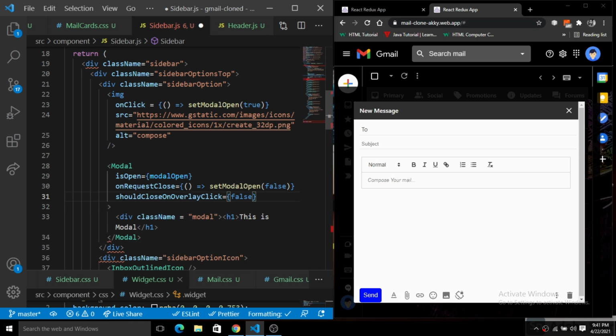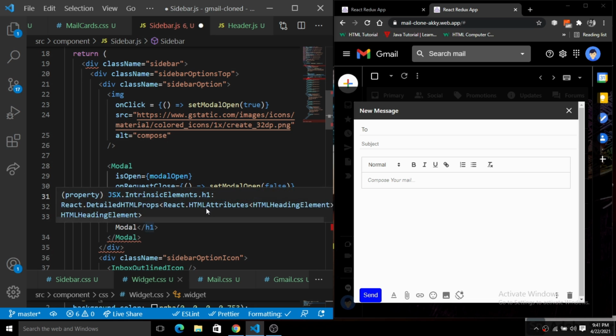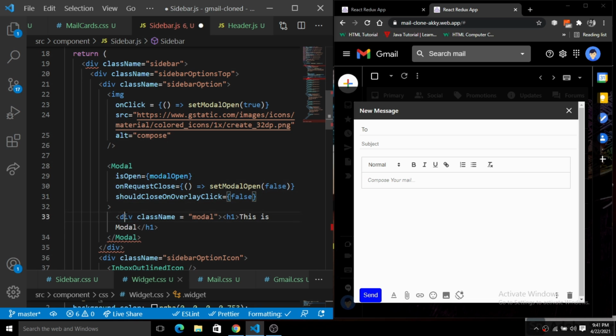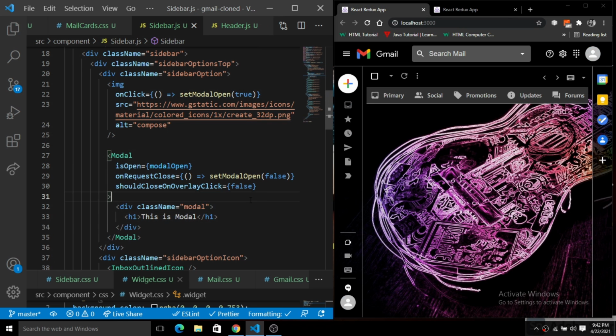I will just go in and save this, and next we will see how this is going to work. I think something is wrong here. Okay, let me see what happened here. Okay, so this is the image and this is the modal. Next we have this div. Basically we have this div and it is okay, right? So let's grab this div and put it inside of this. Okay, so it is fine right now. Now save this. Okay, so we are done with this.